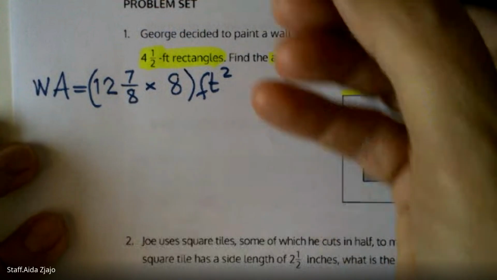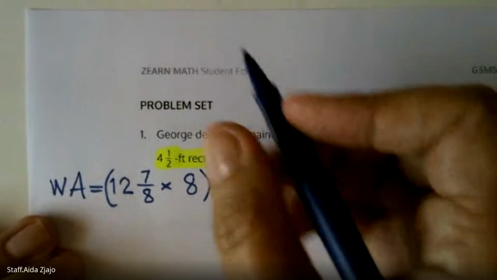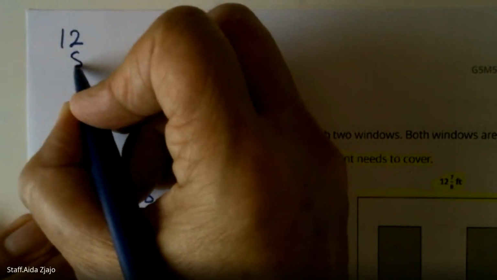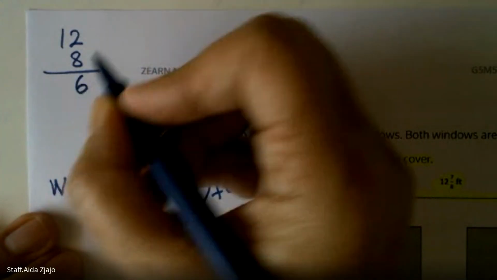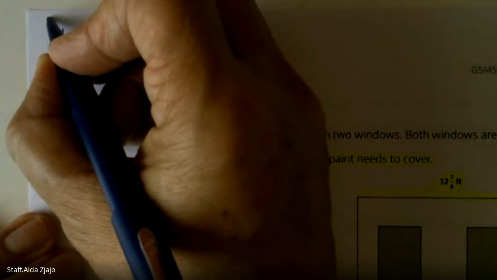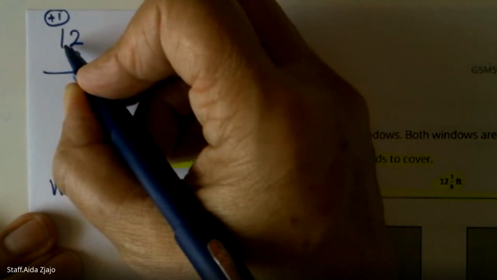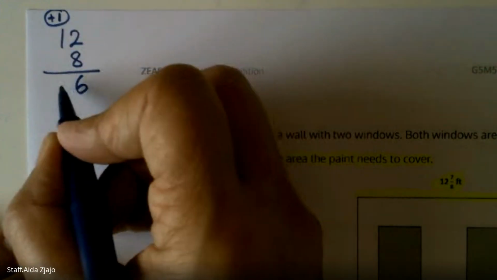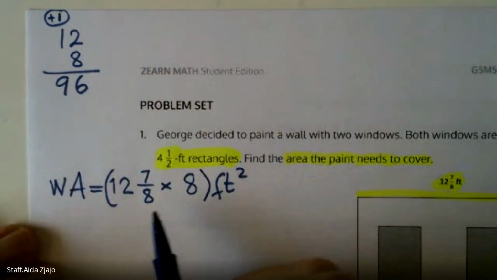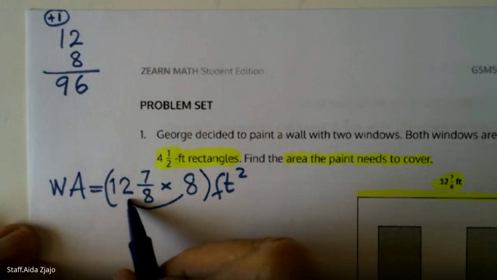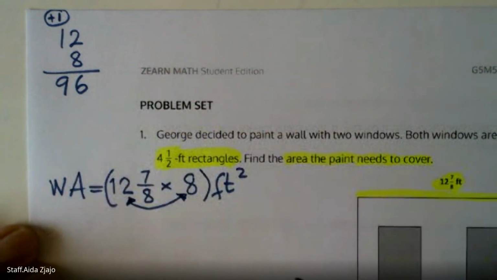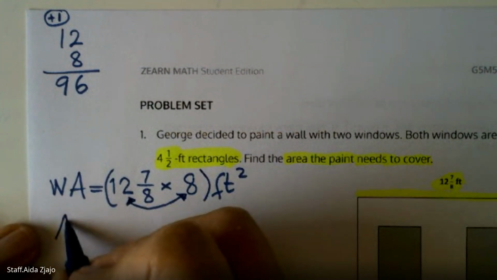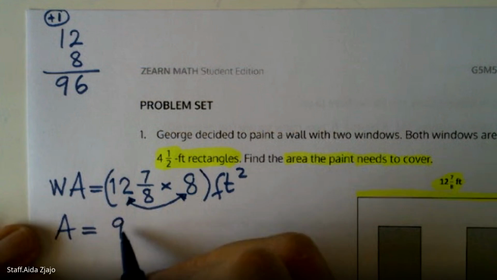Let's do 8 times 12 first. 2 times 8 is 16, regroup the 10. 1 times 8 is 8, plus 1 is 9. So 12 times 8 is 96. So area equals 96